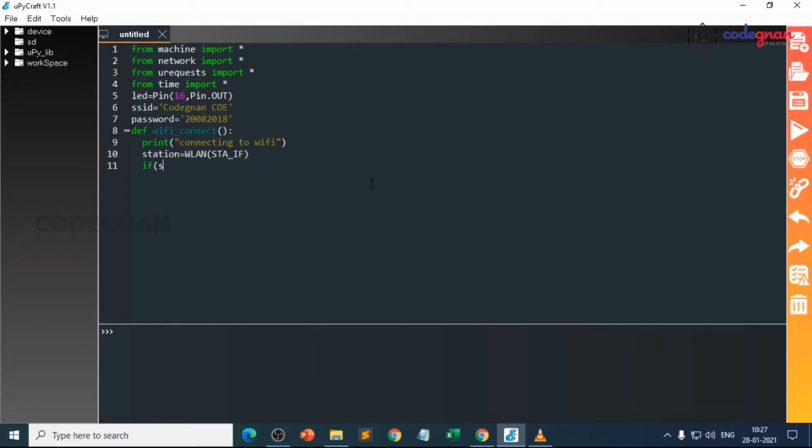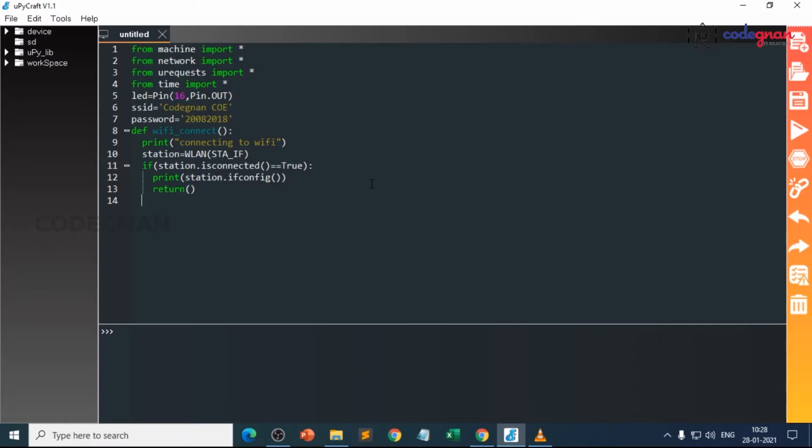If station dot isconnected equals true, then print station dot ifconfig and return.